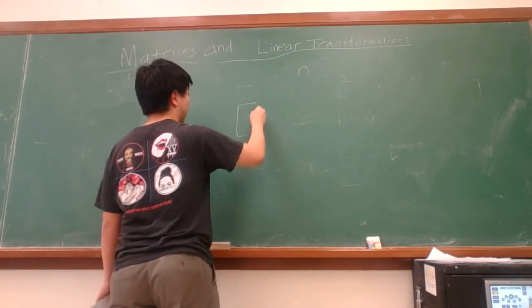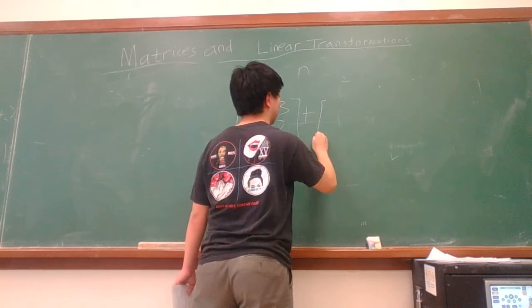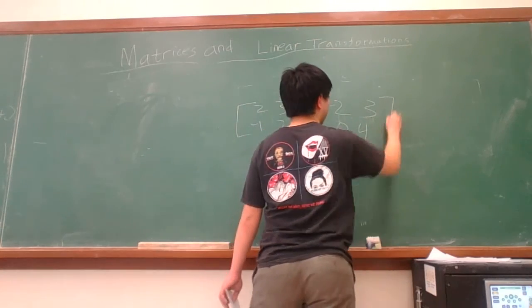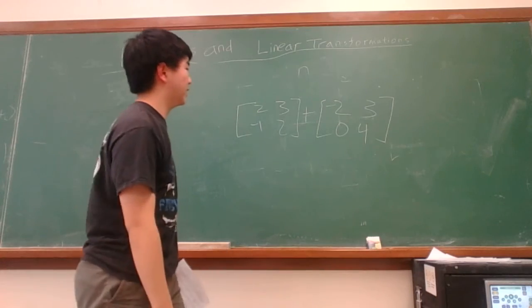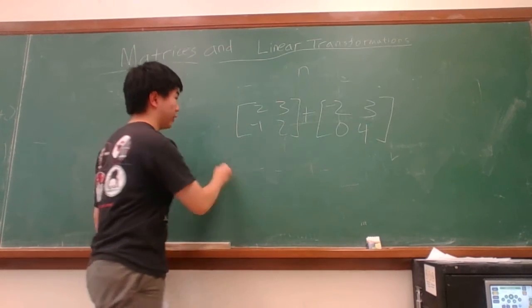So let's say I had [2, 3; -1, 2] plus [-2, 3; 0, 4]. First of all, let's check that they can be added. This is 2 by 2. This is also 2 by 2. And we're going to get